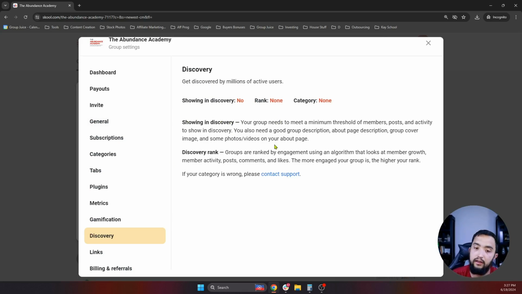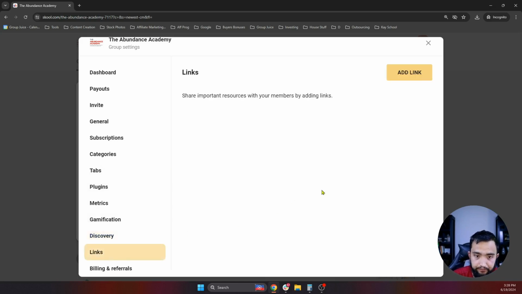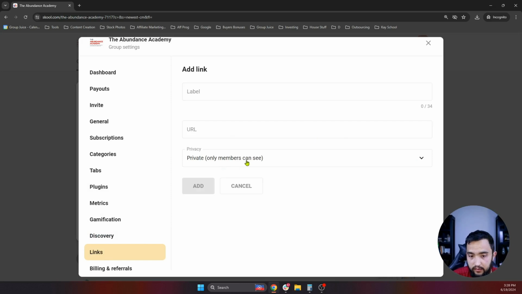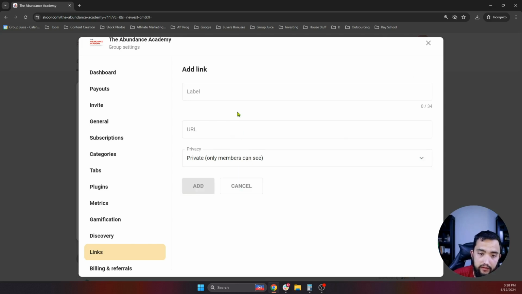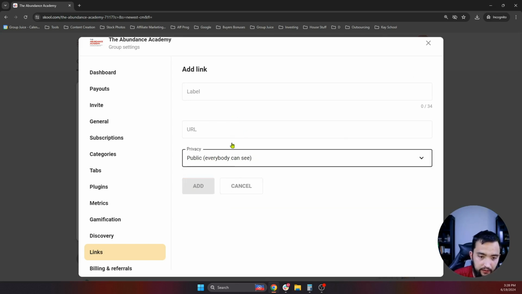You won't have to do anything with it. You won't have to potentially have anything going on other than just running your group, and you'll start getting people coming in. So links, this is a cool one that you can also add to the group. So less is more with this. I would probably say you can either do private or public, which means everybody who lands on your group